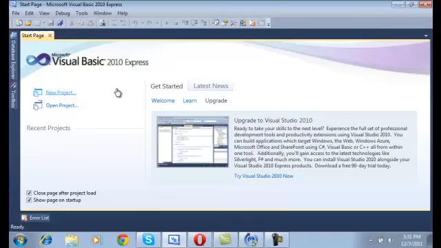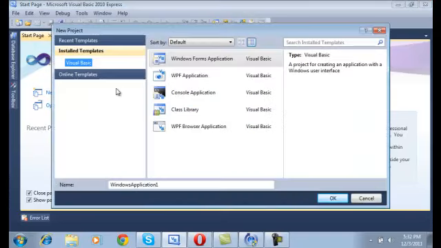Once that loads, it's going to ask you for the name and the type of application you're going to be using. While we wait for this to load, what this does is it allows you to create apps for console and different kinds of software. Since it's loaded, let's change our name to app number 1. You want to make it a Windows Forms Application, the first one. You click OK,